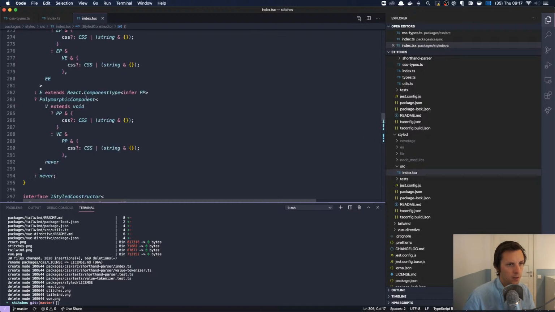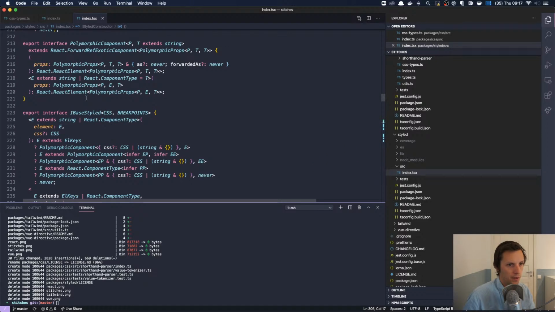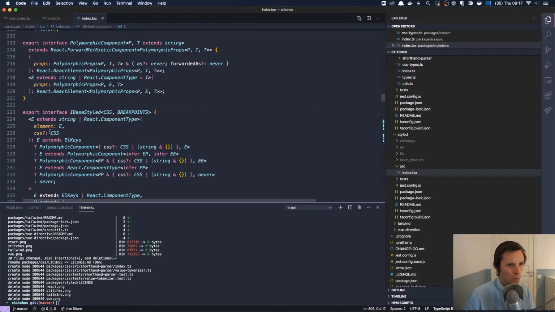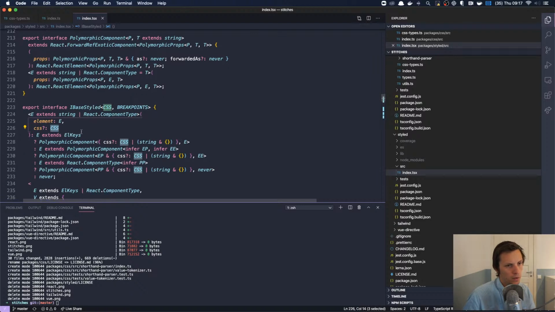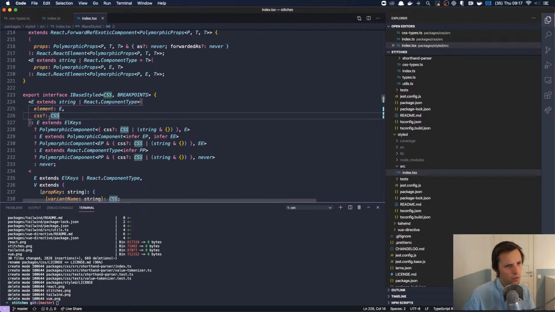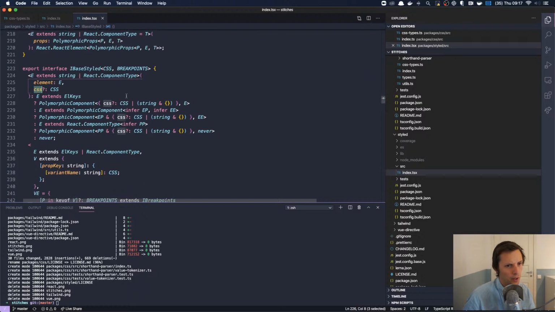So we allow it to be a string as well. Why don't we allow that here? Element component type. What is this? Oh, here it is. Okay, so let's create this